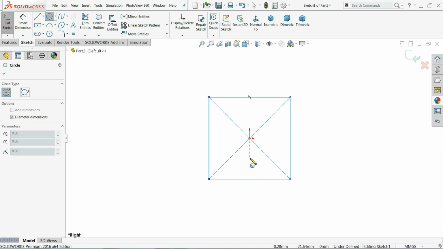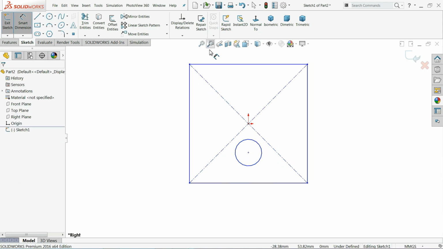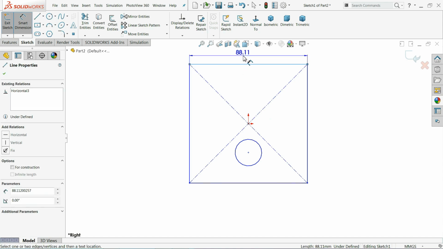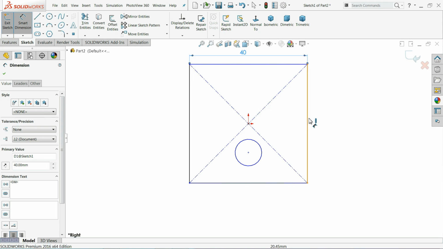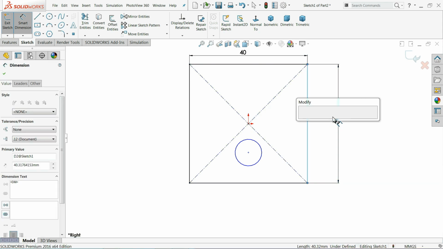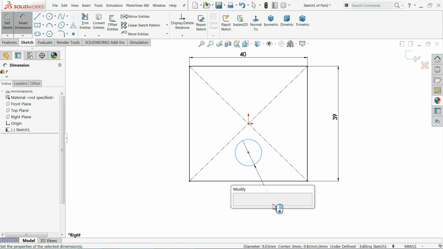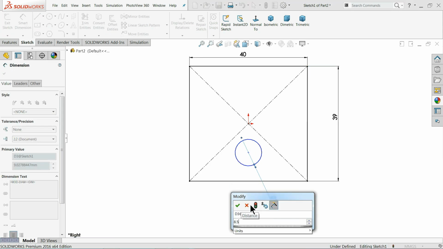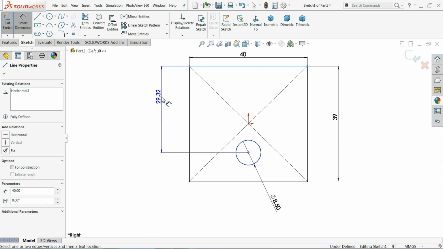Let's draw here a circle. Now the horizontal distance is 40 millimeter and vertical distance is 39.5 millimeter, and this distance from upper edge is 27 millimeter.